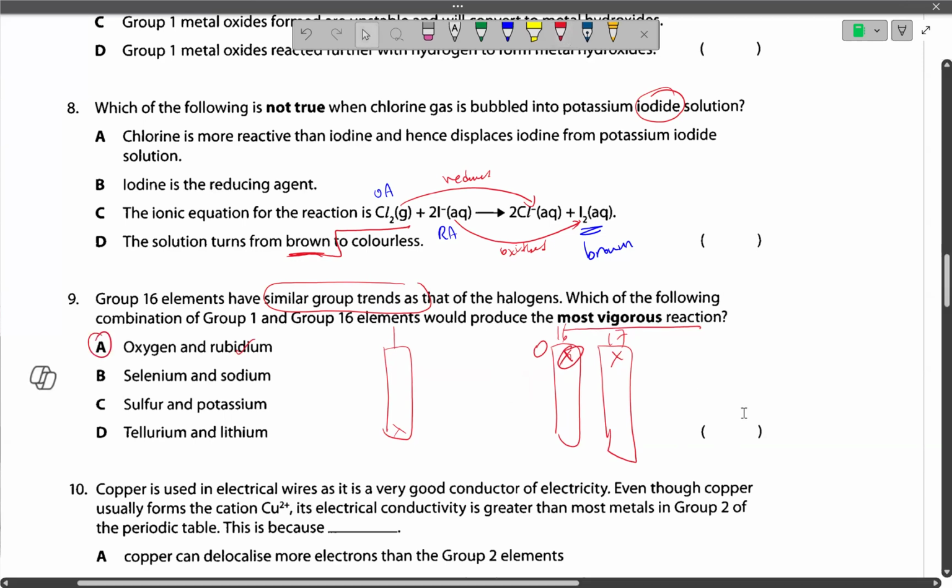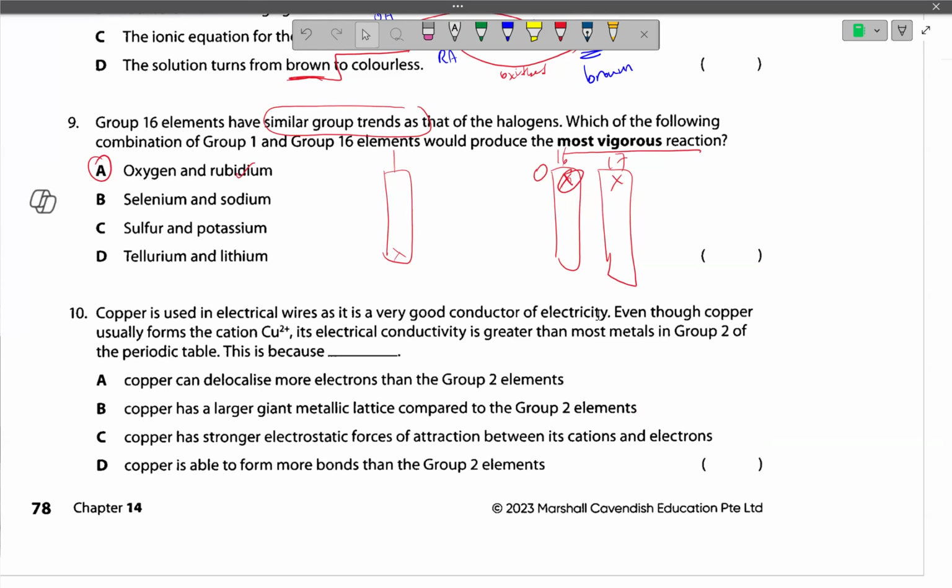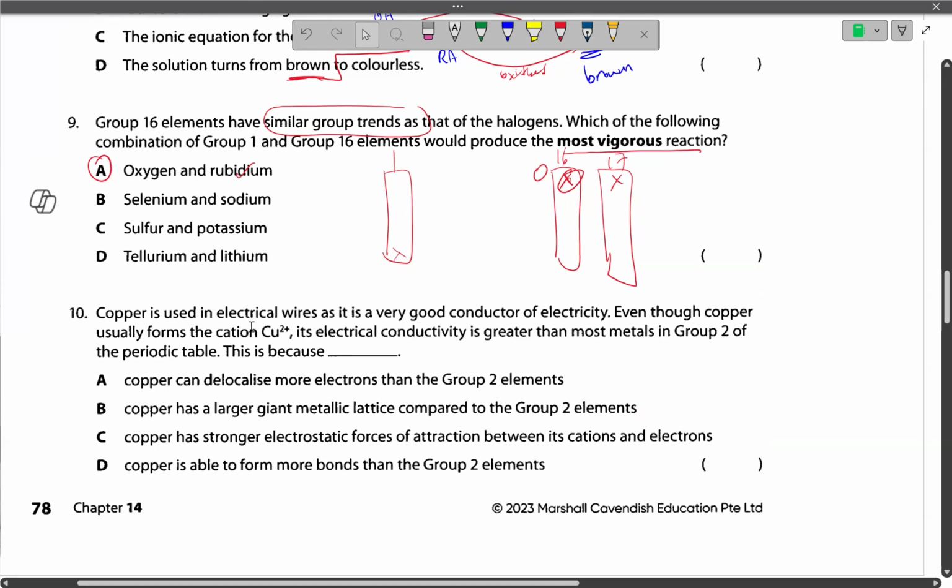Yeah. Okay. All right, next one, number 10. Copper is used in electrical wire because it's a very good conductor. Even though copper should form this cation, its conductivity is greater than most metals in group 2. Why does copper have greater conductivity? Even though it forms 2 plus, similar to group 2, why does it have